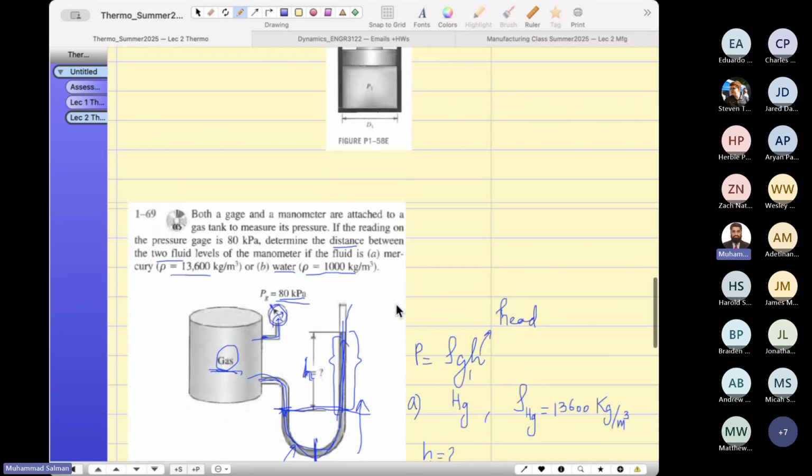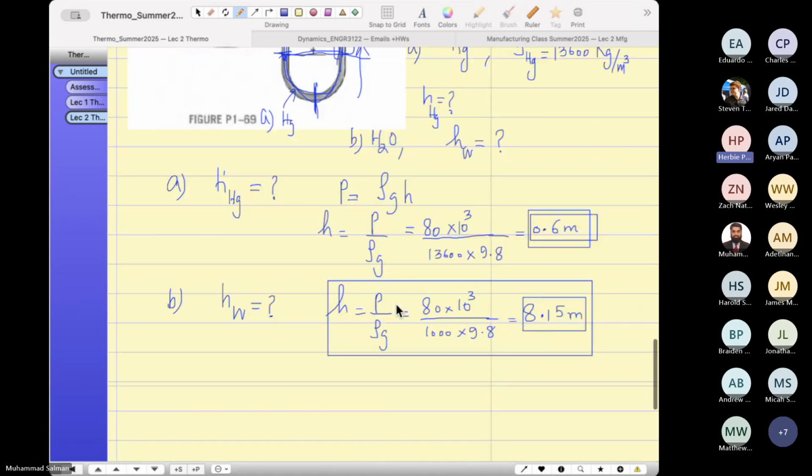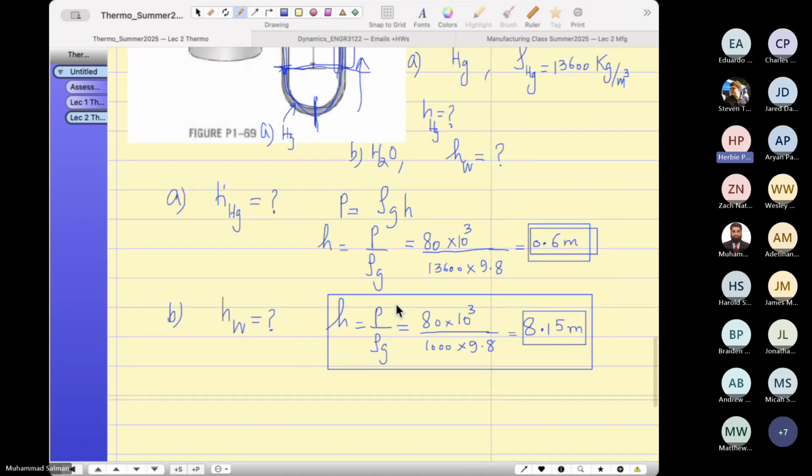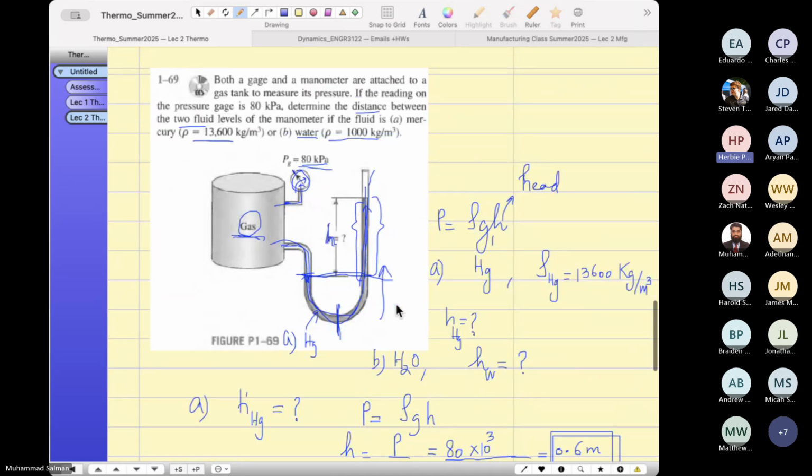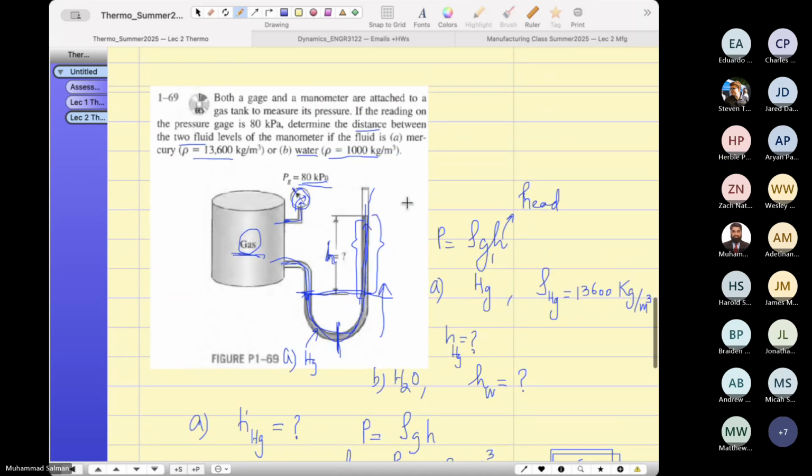Herbie, can you ask the question? Hey, sorry, I'm just confused why we wouldn't factor in atmospheric pressure on the part of the pipe that's open on the right side. Because that's a gauge pressure. That's a good question. Look, the gauge pressure is